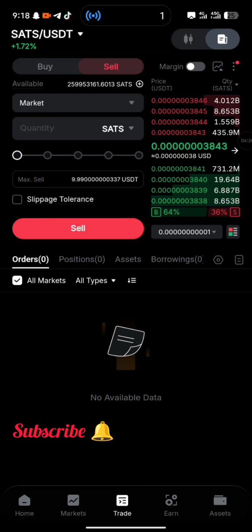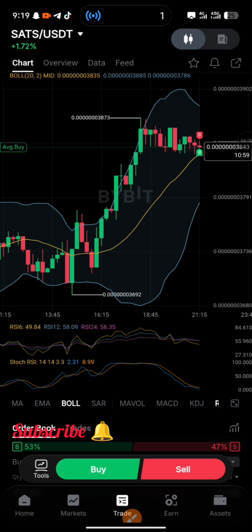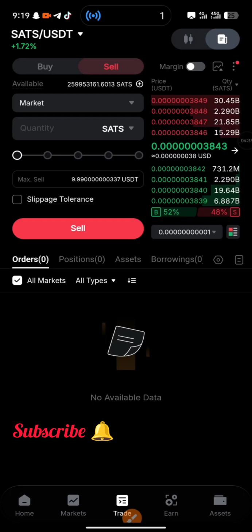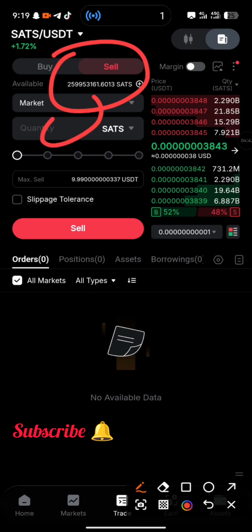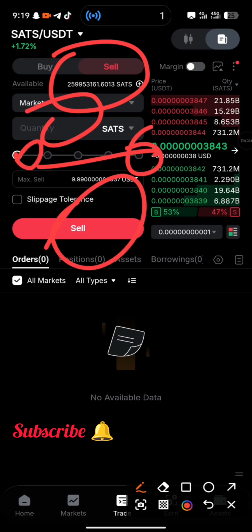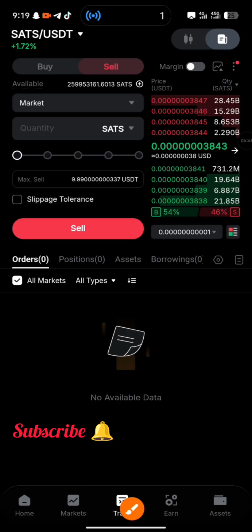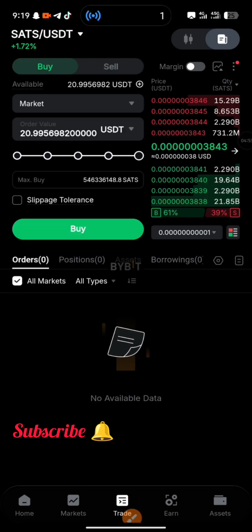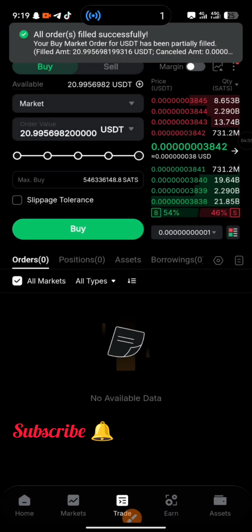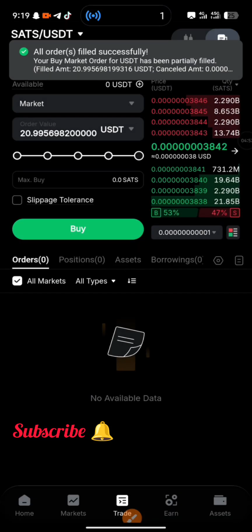The same thing applies if you want to sell. You come to this place, click on this, and input the total volume that you're seeing here, or you click on this place to drag it, and click on sell. If you click on sell, it's still going to show you the review as it showed you before. Then you continue and click on sell. The moment it's been sold successfully,